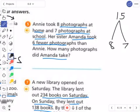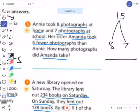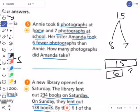Okay, well then I'm going to do another math mountain here. So for 15, her sister took 6 fewer than her. How many did Amanda take? So that means I can treat it like that. Actually, I'm going to not do the math mountain here. We're going to do a comparison bar. Because Annie took 15. Her sister took 6 fewer. So then how many fewer is that? Well, 15 minus 6 is 9